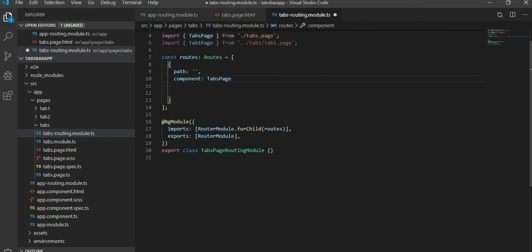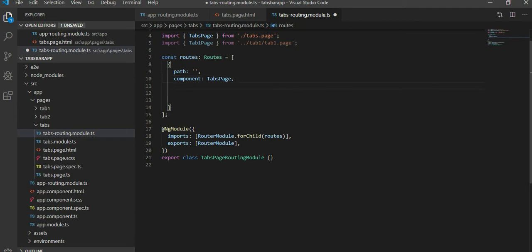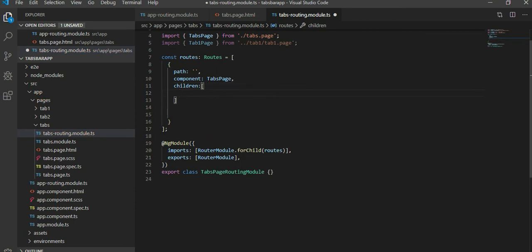So we now go to tabs routing module and load all the pages that are going to be loaded into tabs page. So we use the children command, children, then open the bracket,